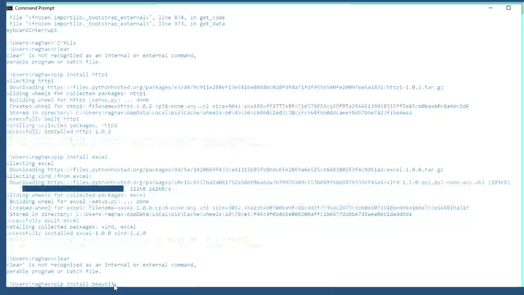Then you just have to follow the steps on how to install pip. Let me show you how to install pip. Let me check if pip is already installed or not. Follow these steps.